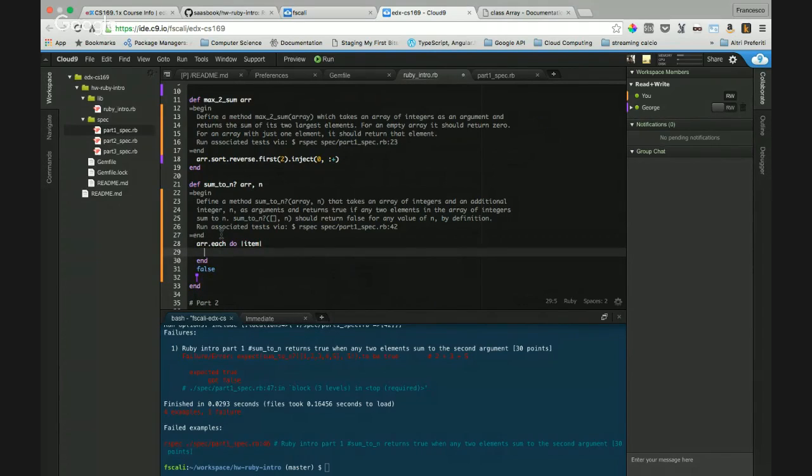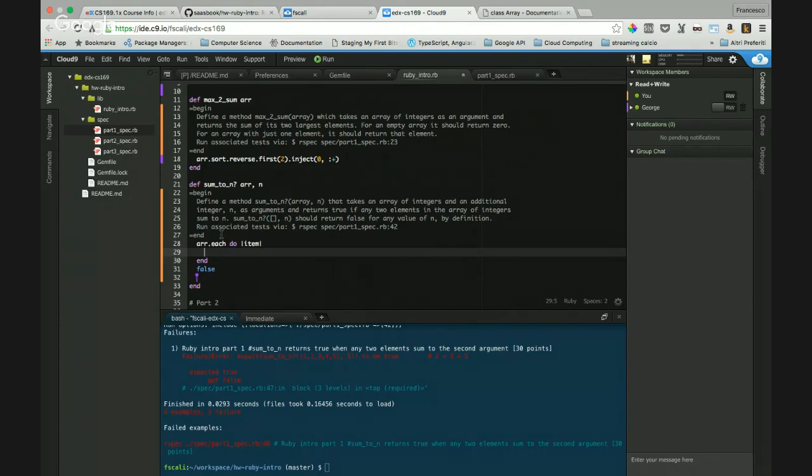But now I have to iterate from the next element to the end. So I don't know if there is a way to slice the array from the current element, from the next element to the end.